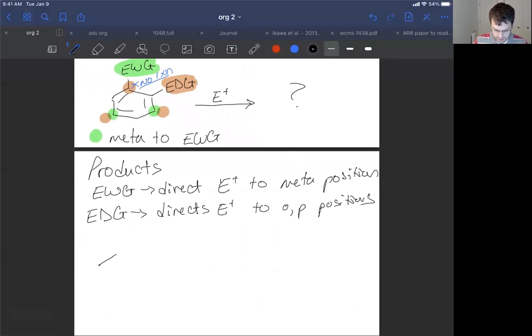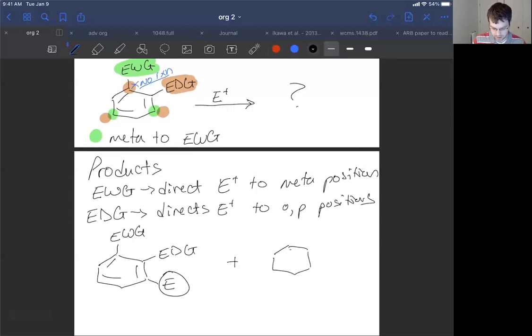So the answer here, if we had to pick where our electrophile is going to go, well, the electron withdrawing group wants to take it to the green dots and the electron donating group wants to take it to the red dots. Other than that red dot at the center where we can't see a reaction occur, you notice that the red and the green are in agreement. And so we're going to see a product where we have our electrophile added ortho to the donating group and meta to the withdrawing group, plus one where it's para